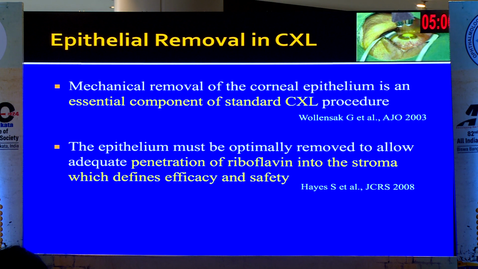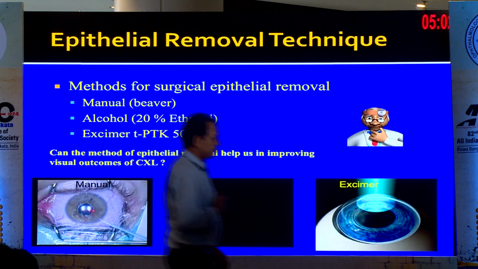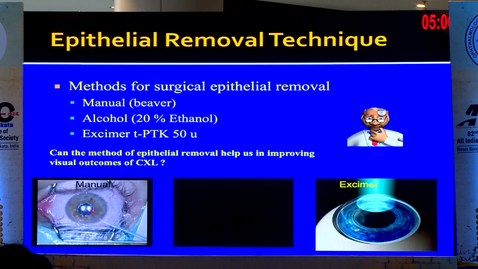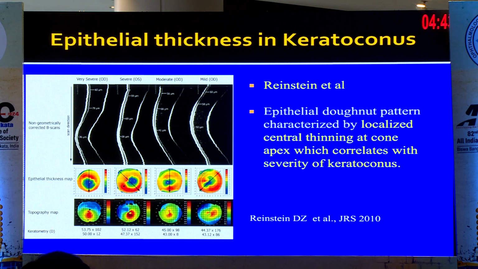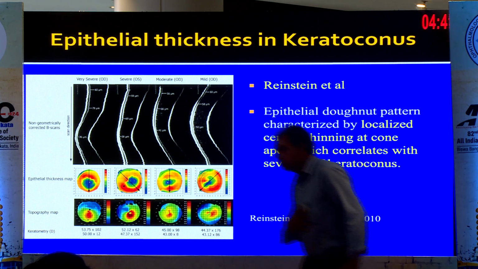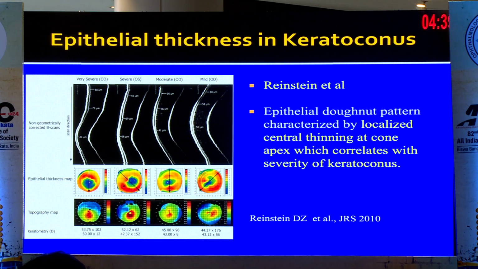We all know that mechanical removal of the corneal epithelium is an essential component of standard CXL, and there are a variety of methods for epithelial removal. You can do it manually, with alcohol, or with excimer laser PTK. But now the question was, can the method of epithelial removal itself help us in improving the visual outcomes of our collagen cross-linking patients? We know from this study of Reinstein, where he used very high frequency ultrasound,